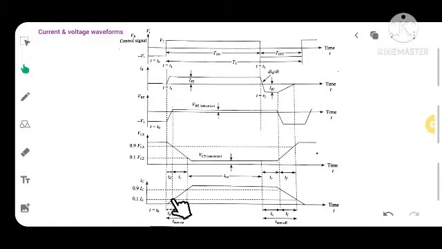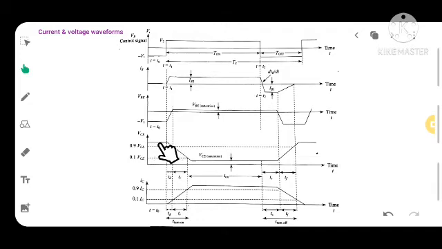The value of VCE starts to fall from plus VCC. This is the maximum voltage. It is not written here, but you can consider this is the maximum bias voltage.